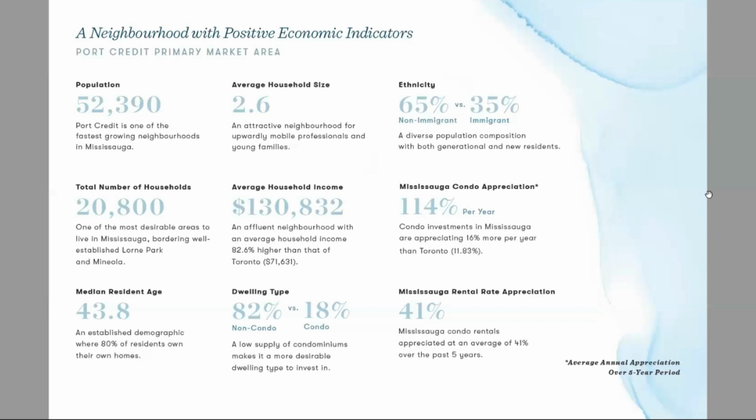You're looking at a neighborhood where the median resident age is 43, nearly 44, and why that is relevant: if you're buying this for investment, you're not going to be renting to 21-year-old students. You're going to be renting out to established professionals. And then from a supply standpoint, this is where I'm very excited about the future rents for this area,